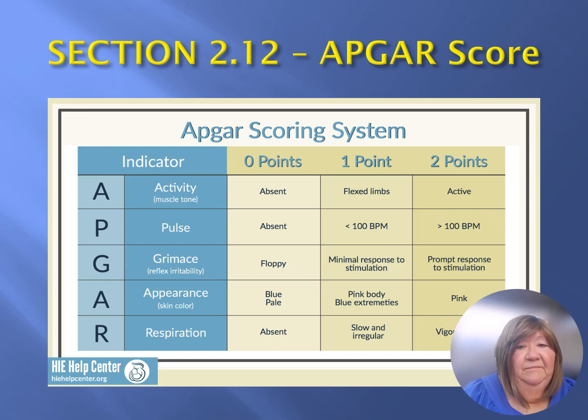This is an APGAR scoring chart that just says what each thing stands for, and if you get 0 points, 1 point, or 2 points. They do that super quickly, and it really helps to know if the baby needs help right away. Then they can go do the medical interventions that they need.